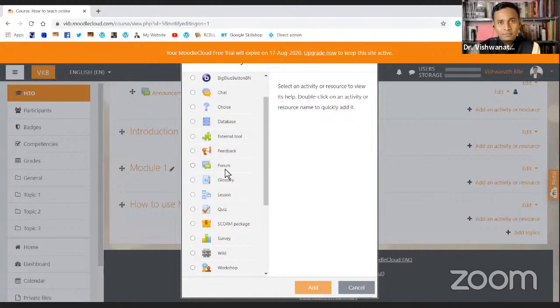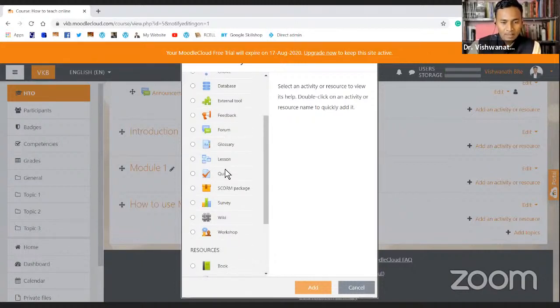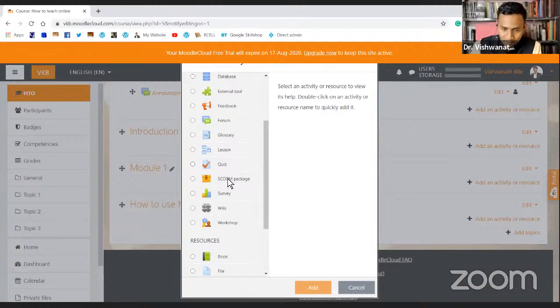Glossary, if I'm teaching some science stuff, and there are a lot of new words in that unit or text or whatever I'm teaching, then I may need to provide some difficult words and their glossary or something like that. The option is inbuilt here. Okay, if I want to add some lessons, and that's what we are going to see, a lesson or material. Let me first of all show you what are the things that we can do.